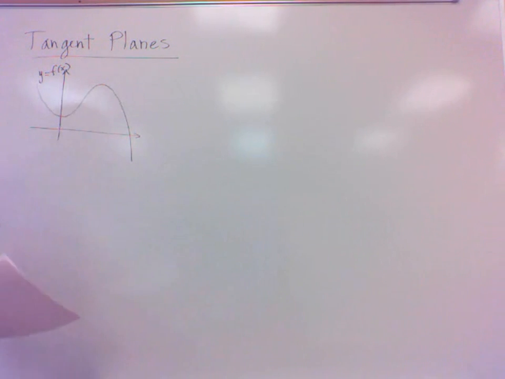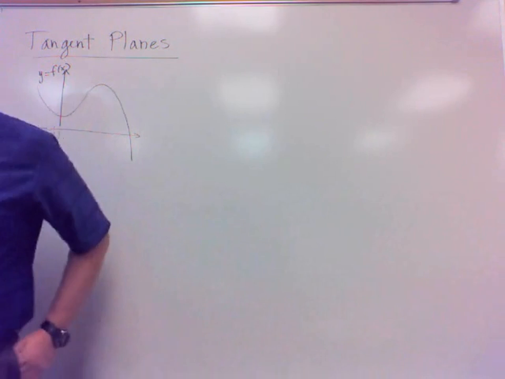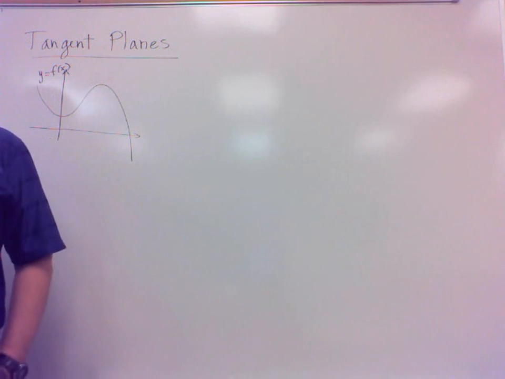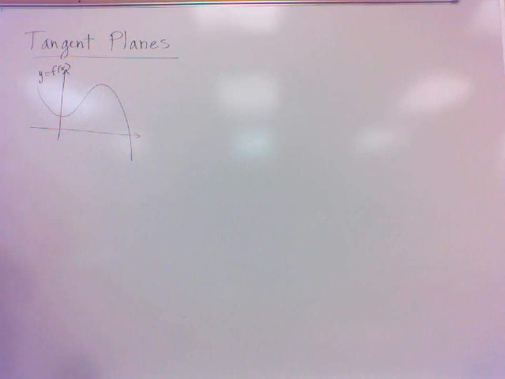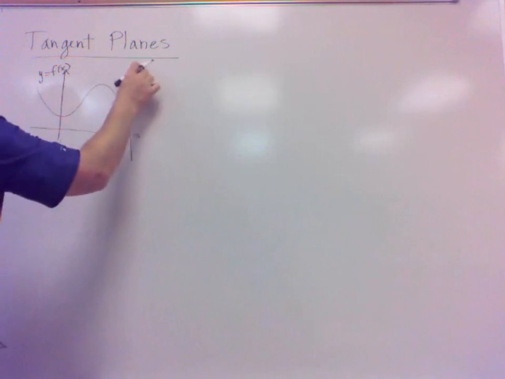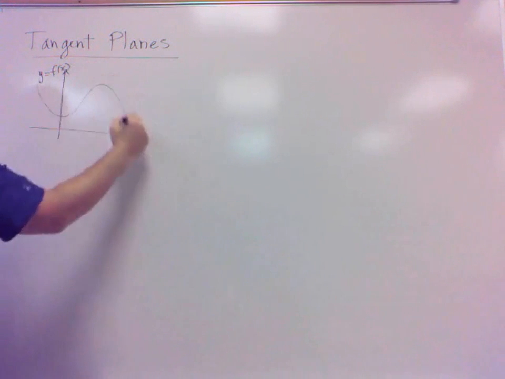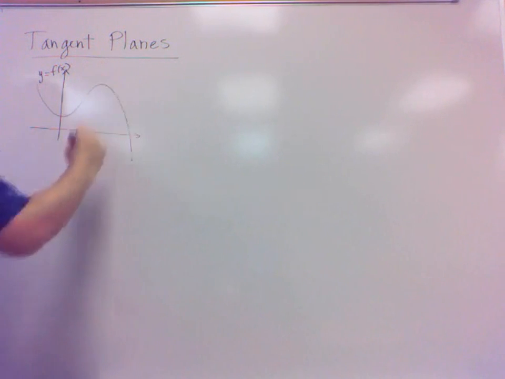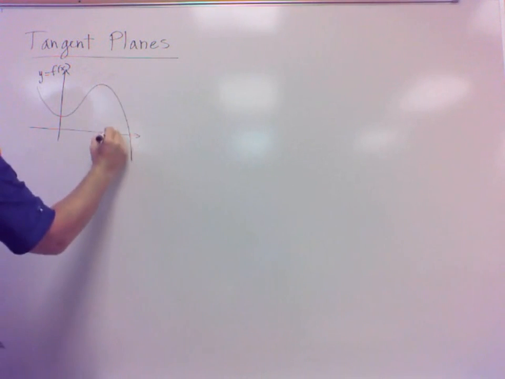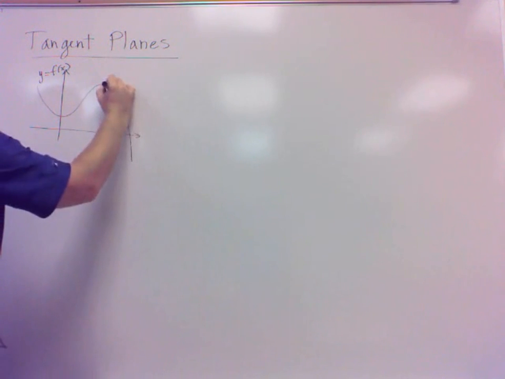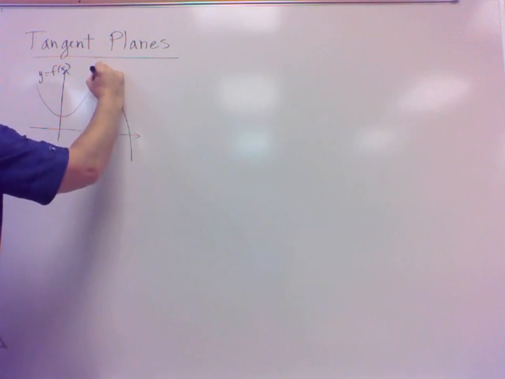Need to pick up here and talk about a tangent plane. And of course, very much analogous to two-dimensional tangent lines. If we've got this function y equals f of x, and we come out at any particular x value and get our tangent line